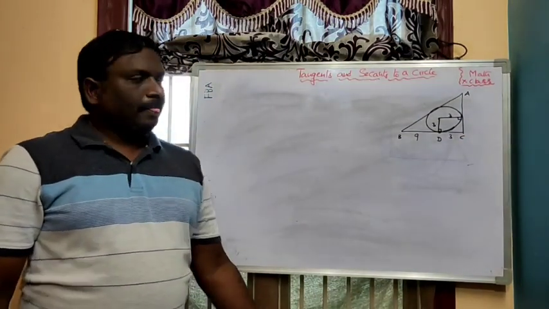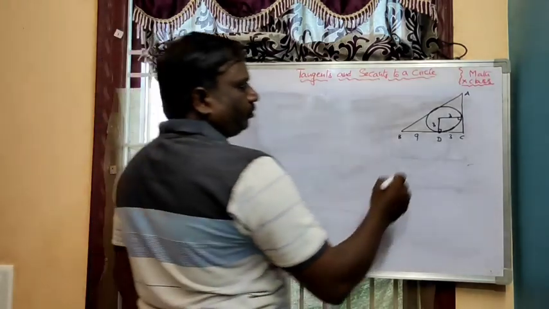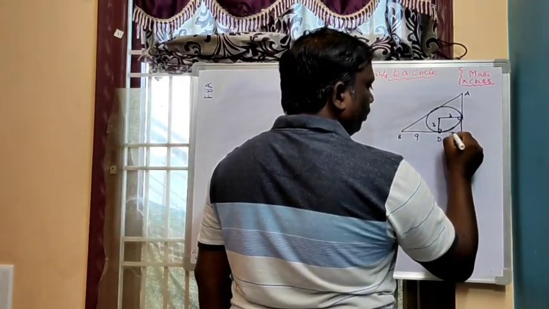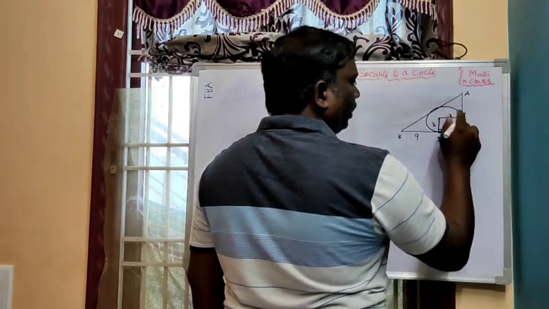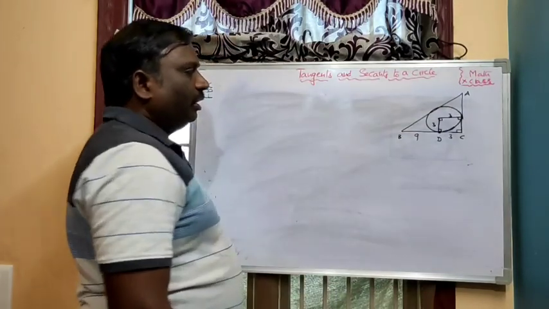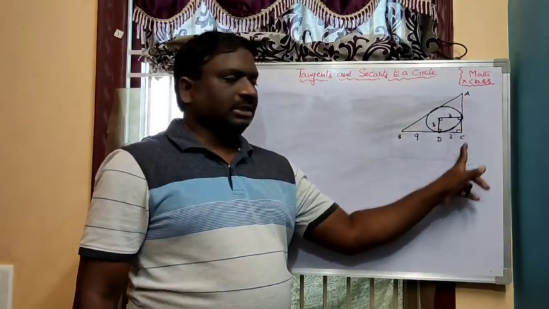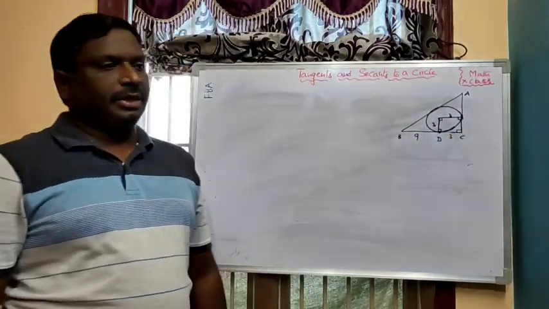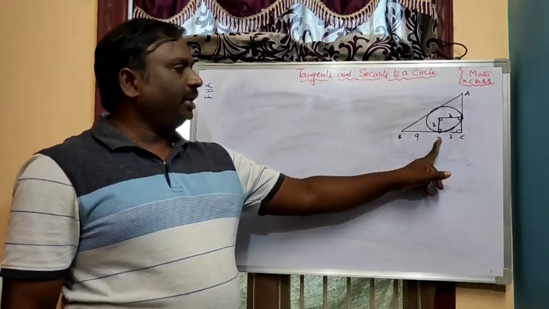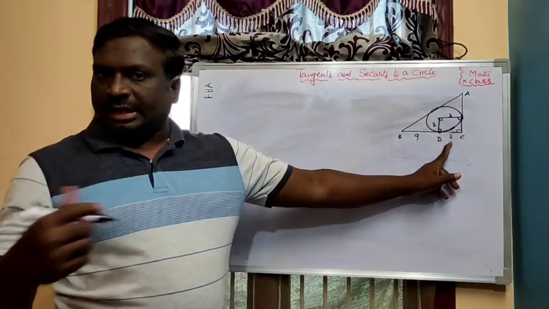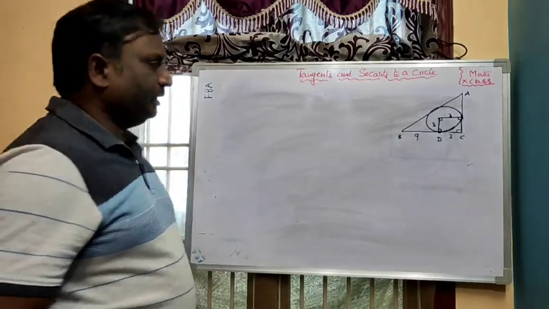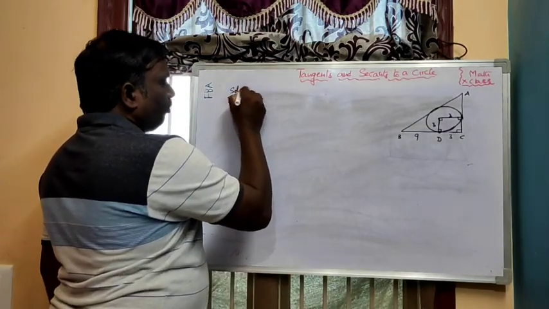Okay. So from the diagram, these two angles are 90, and this is also 90. We need to find the length of AB and AC. At the point of contact, D is dividing BC: BD is 9 centimeters and CD is 3 centimeters. Already they gave it in the textbook. We need to find the length of AB and the length of AC. So, the solution I am doing.